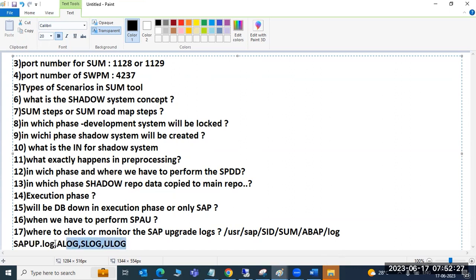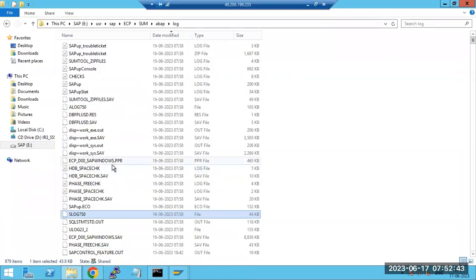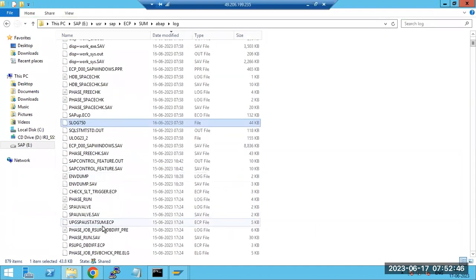And one more point, sir. Every specific phase log will be written into all these four files, and also the specific phase related .log file will be created.